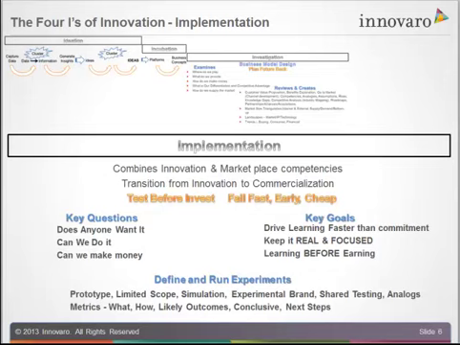But also it's about metrics. It's about what are we going to measure? How are we going to measure it? What are our likely outcomes? It's nice to know what the possible outcomes are before you run it. Is it conclusive, or do we need to do more? Oh, and by the way, if we get the outcome we expect and it's conclusive, what are our next steps? You don't want to be caught there waiting to figure out, well, what do we do next? It looks like this is a great thing. So implementation is all about preparing to make the commitment to really go into production and into distribution and those kinds of things, and getting there in advance.